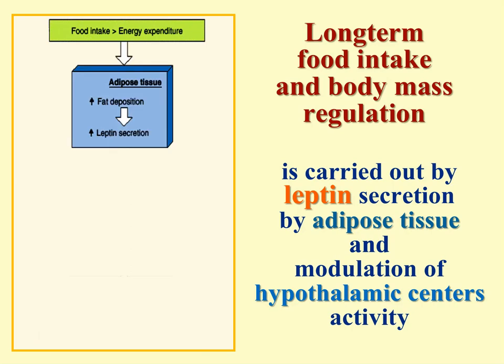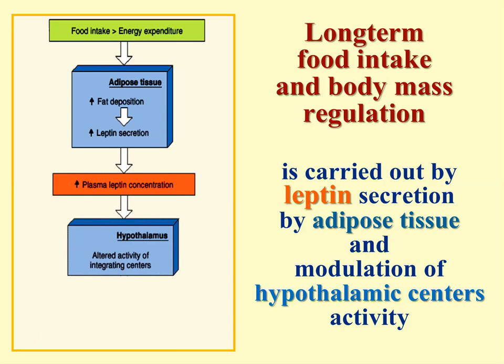In this case, fat deposition increases in the adipose tissue, but high fat deposition corresponds to high leptin secretion. Leptin, released into blood, reaches the hypothalamus and changes the activity of the integrating center, which means the center of hunger and the center of satiety,